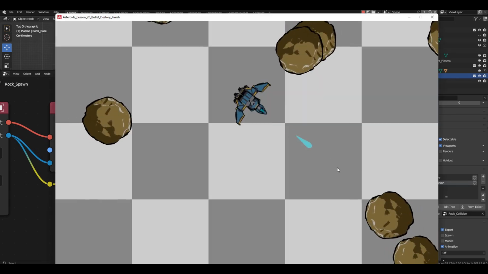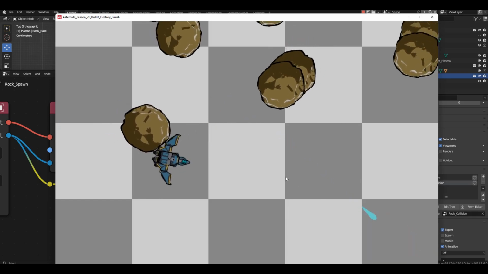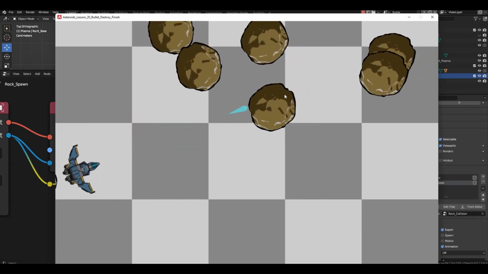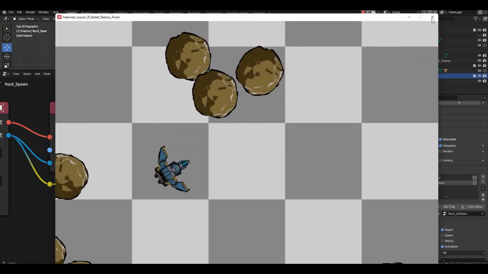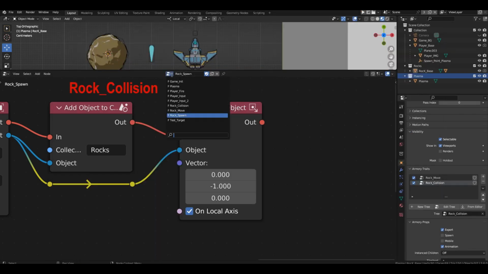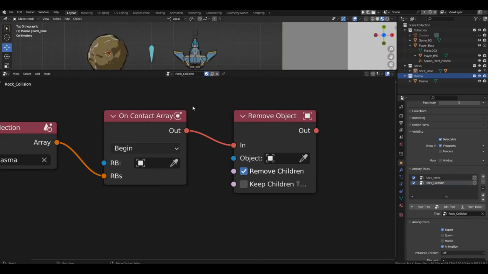The projectile should disappear after hitting an asteroid, rather than continuing forward. It must disappear. If we look at the rock collision branch, we can see the moment when we should remove the projectile. It should vanish along with the asteroid. However, we can't do this in this branch because we don't know which exact projectile needs to be removed. We don't have the means to select the right one.